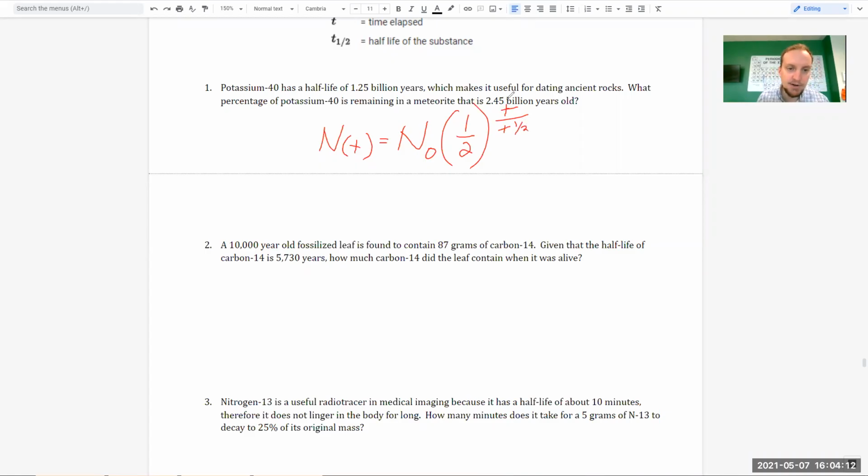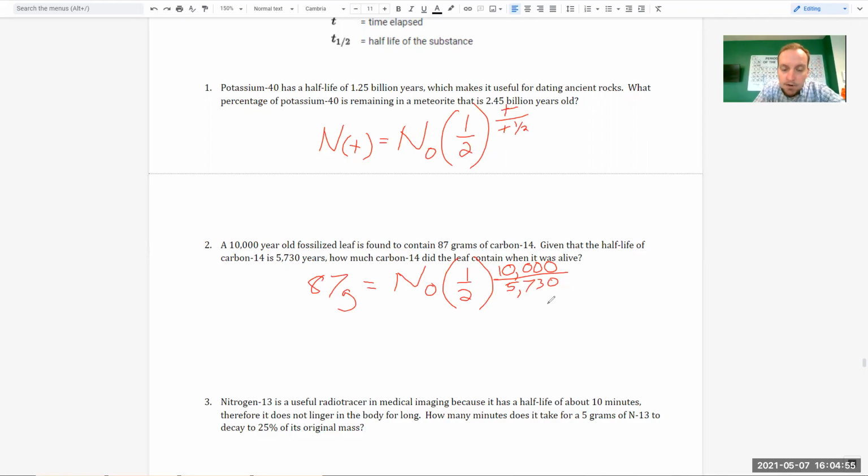Okay, jump into number 2. It says a 10,000-year-old fossil leaf is found to contain 87 grams of carbon-14. Given that the half-life of carbon-14 is 5,730 years, how much carbon-14 did the leaf contain when it was alive? So we're looking for the original, and we have the final. So N_T is the amount that remains after. N naught is the amount that we started with, which is exactly what it's asking for, multiplied by 1/2, raised to the power of the amount of time that has passed, which is 10,000 years, divided by its half-life, which is